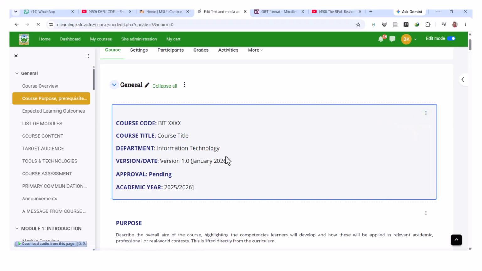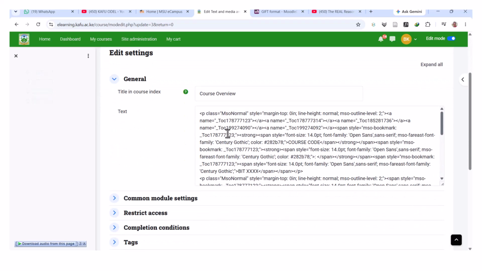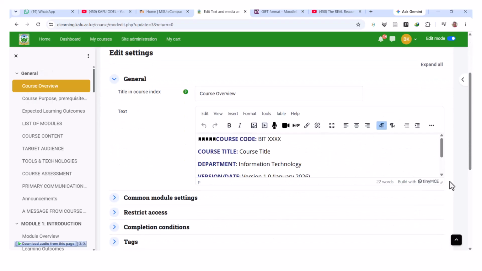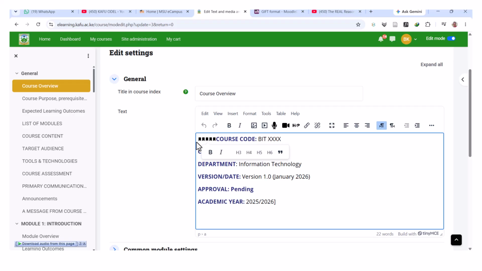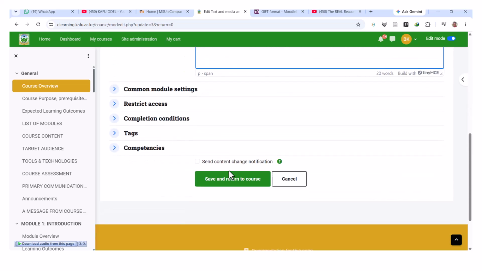At this particular point, this page will load, the page that allows you to edit the information. So you can edit the course title, the course code, the department, the version. So we can remove the approval part, and then once you're done, click save and return to course, and the